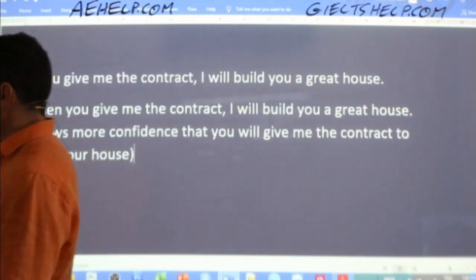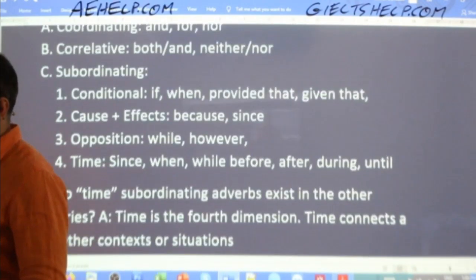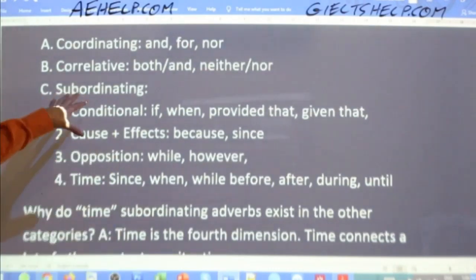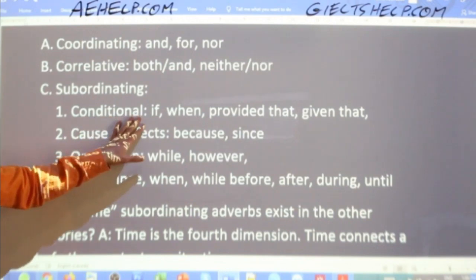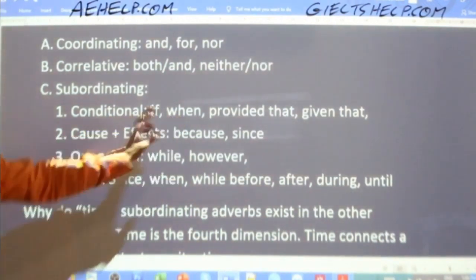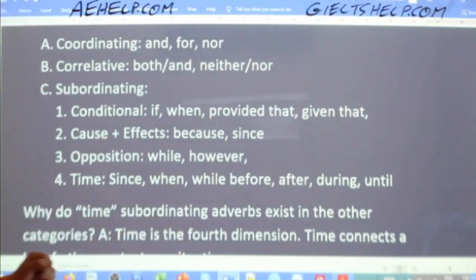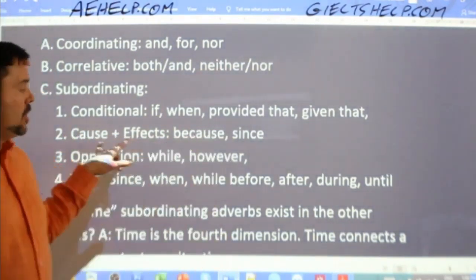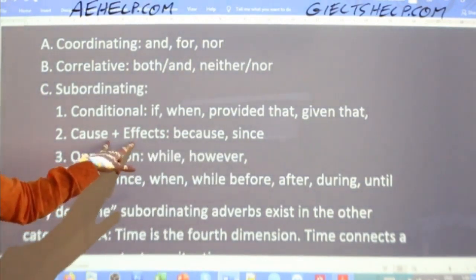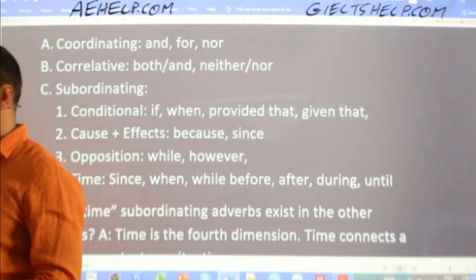So the same is true for all of these other types of subordinating conjunctions, okay? So I just showed you an example with conditional, the if versus when you use a conditional, okay? Now, for cause and effect, it's the same idea. If the cause-effect relationship includes time, it's better to use since, okay? I'll give you an example of that one. So,